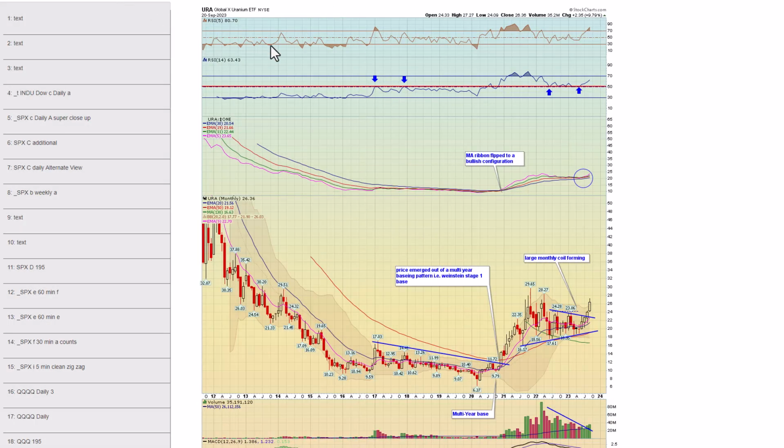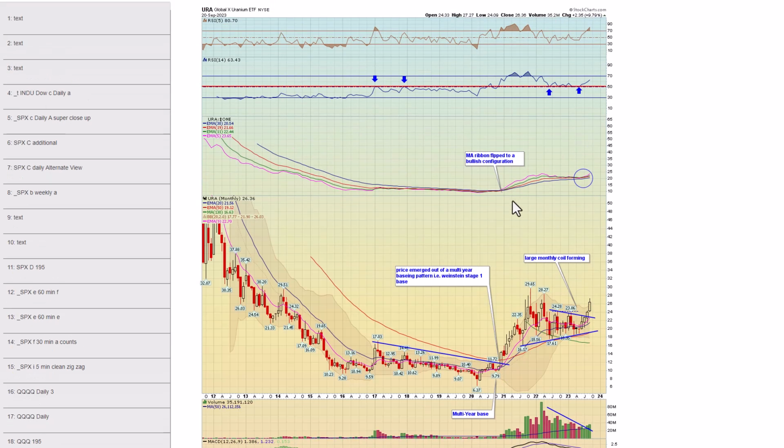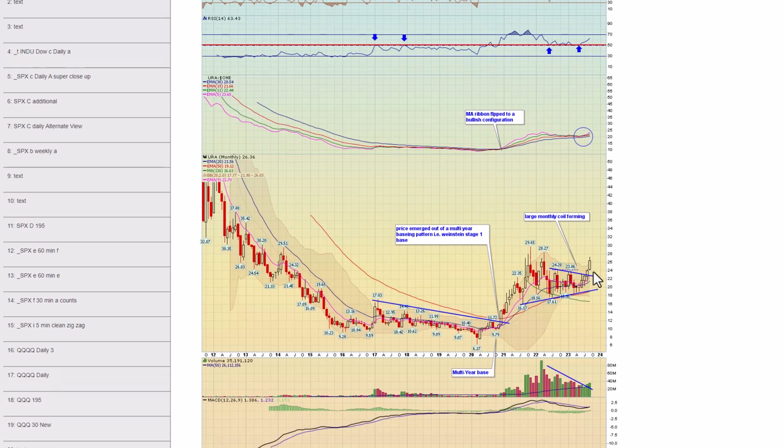Chart 56, here's the monthly chart. This is why I like it long term. Again, I've showed this chart for the last few years. You had a breakout of a multi-year base back here in late 2020. First rally up in a bull market. Big consolidation for the next 2 years and a coil pattern that allowed the moving average ribbon to pinch. The RSI was above 50 here, and each time it's held the 50 area. To me, I think this eventually takes out those upper 20s highs.